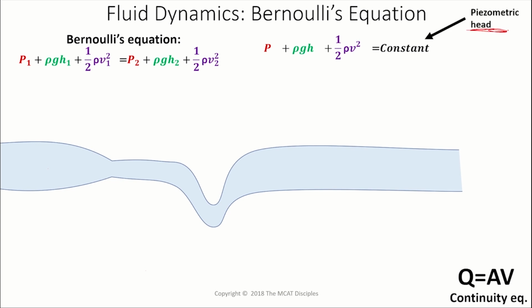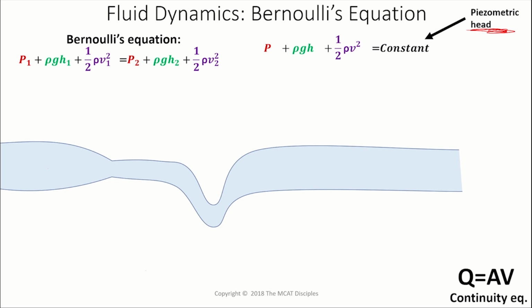We haven't covered these terms yet. Ignore this for a second. This is the more functional form. You can say, for example, if the height is constant and velocity increases, pressure decreases, just mathematically from this equation. If the velocity is constant and the height increases, the pressure has to decrease in order to keep this constant, right? So that's what Bernoulli's equation is useful for, and that's qualitatively what you need to understand.